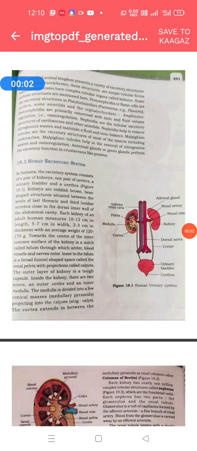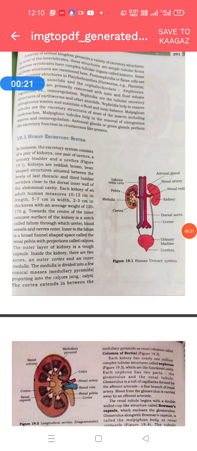Hello students. Yesterday we studied what excretion is and the nature of the excretory products. The elimination of nitrogenous waste from the body is called excretion, and in our body the kidneys act as the excretory organs, the right kidney and the left kidney. Kidneys separate these harmful substances, especially nitrogen-containing substances, from the blood and remove them outside of the body by the process of excretion.